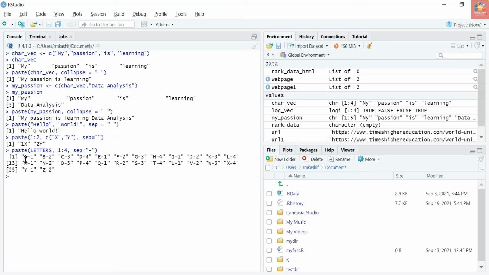And you have seen that from A to Z, 1, 2, 3, 4 has been recycled. 1, 2, 3, 4, again 1, 2, 3, 4 till the last alphabet. In the above example, numbers 1, 2, 3, 4 are no longer numbers to R, but rather characters within double quotes.